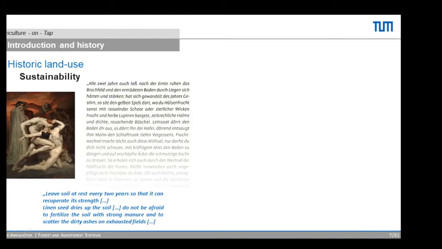two-field system. So they could just through their observations already observe what parts of this text, what you can see down here. So states more or less leave the soil at rest every 2 years so that it can recuperate its strength. Line and seed dries up the soil. Do not be afraid to fertilize the soil with strong manure and to scatter the dirty ashes on exhausted fields, etc. So there was quite a clear understanding that by using the landscapes, they are somehow depleting the soils, productivity goes down,